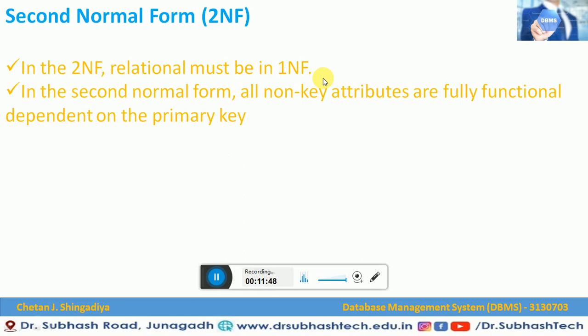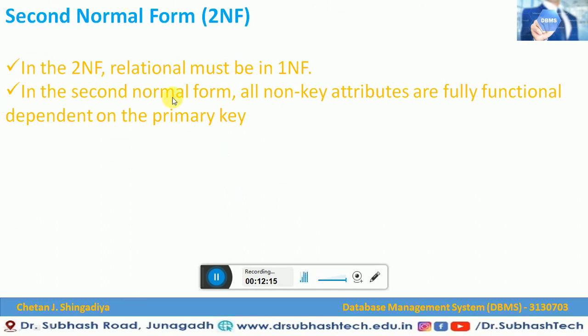Let me explain once again what it means that all non-key attributes are fully functionally dependent on the primary key. If I say x tends to y, where x is our primary key and y is our non-key attribute, and you want to derive the value of y, then y, that means all non-key attributes, is fully functionally dependent on x, because to derive y we should have x, and that is supposed to be defined by a primary key. So this is second normal form.